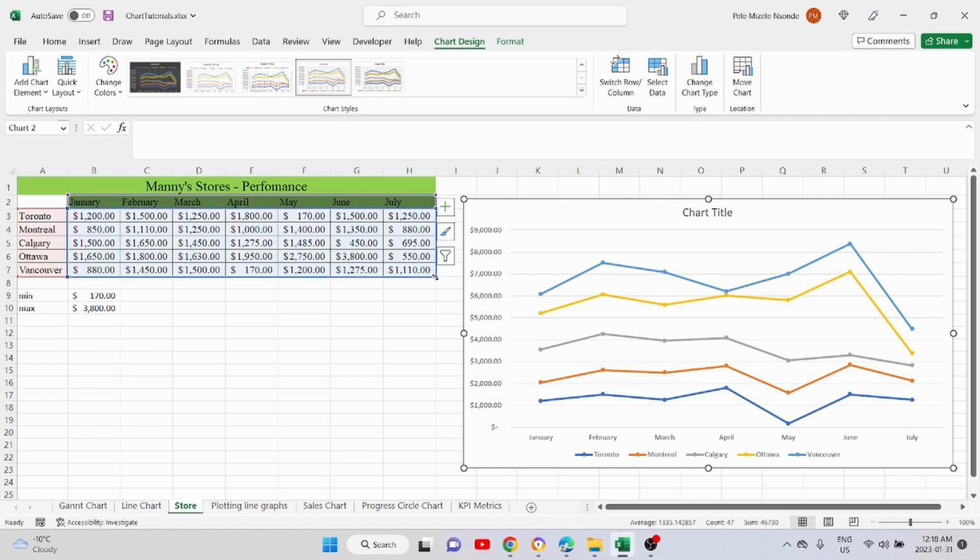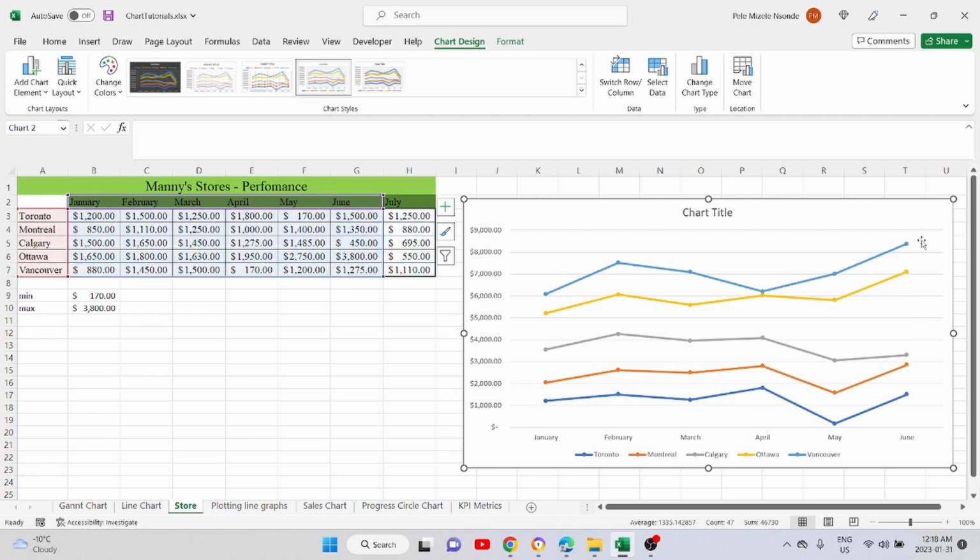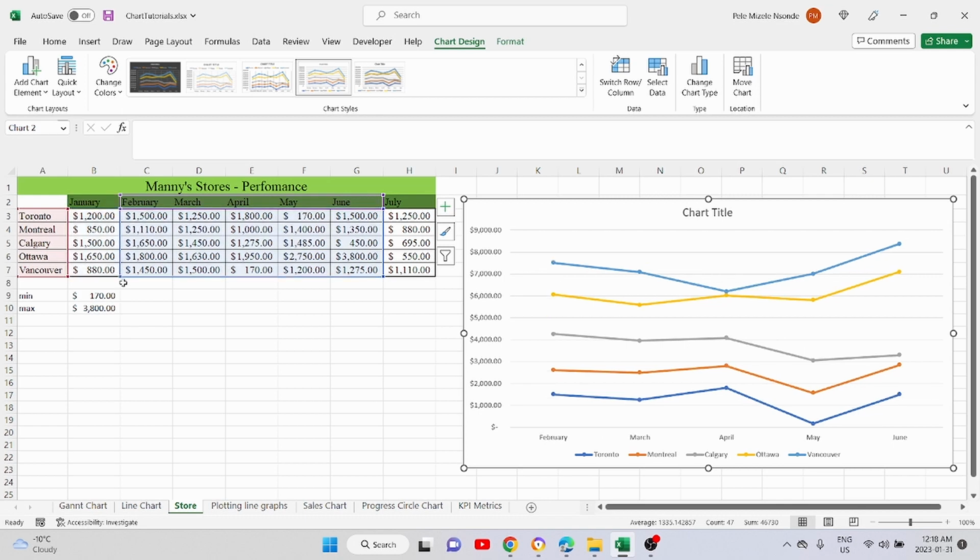Same thing as well. I'll just go here, drag it here. It's gonna remove my data for July, and as you can see also on the graph, we don't have July anymore. We only have now Jan, Feb, March, April, May, and June. And if I want to remove January as well, all I have to do is do this as well. Okay, so this is how you can remove and add. Let's just return this here